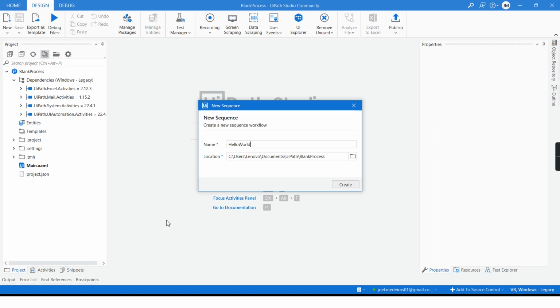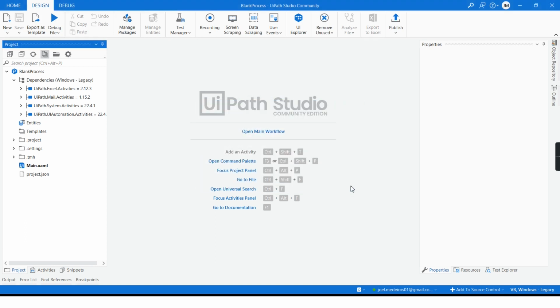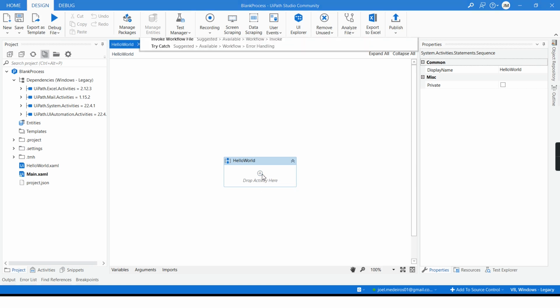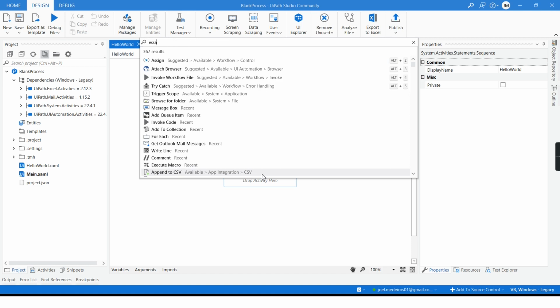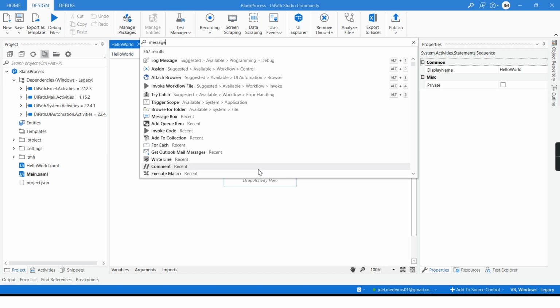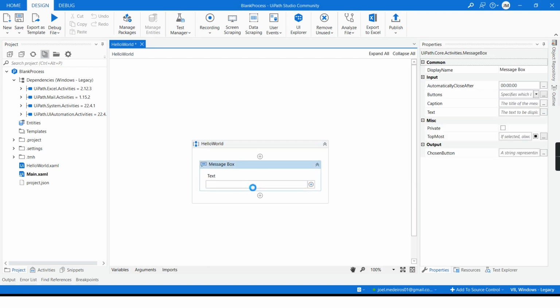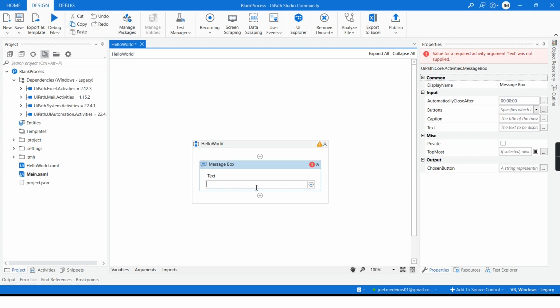Hello World. And then just to create our first automation here, I will select an activity called message box, and write Hello world.